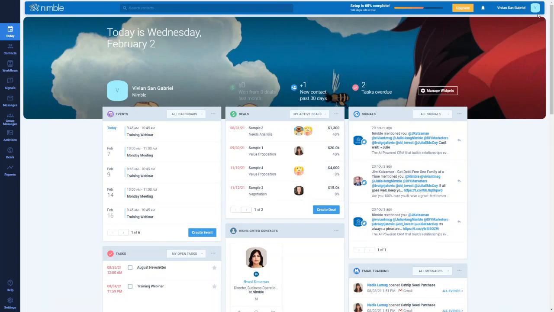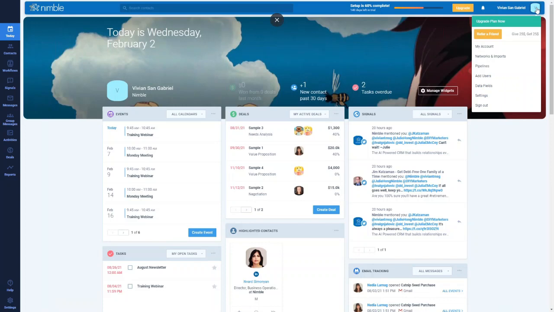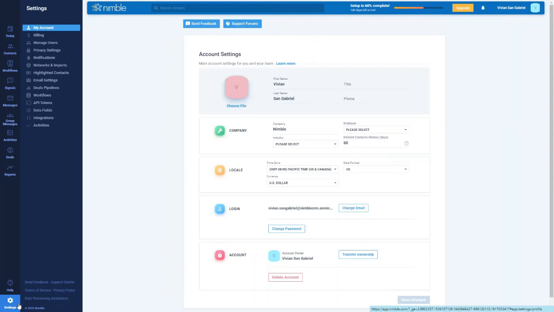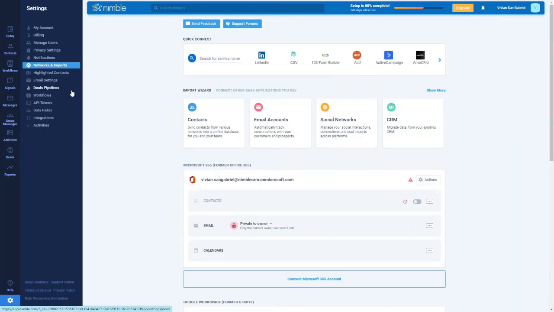The first way is this top right corner. We have a little icon. It could have your profile picture or an initial like this. Or if you haven't set anything up yet, sometimes it has the little eye here. You just click that and then scroll down to Networks and Imports. Another way to access this menu would be on the bottom left corner where it says Settings with the gear icon. You can just click that and then go to Networks and Imports in this blue menu bar. Okay, so once we're here,